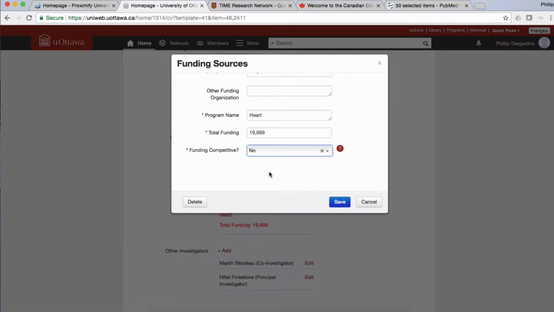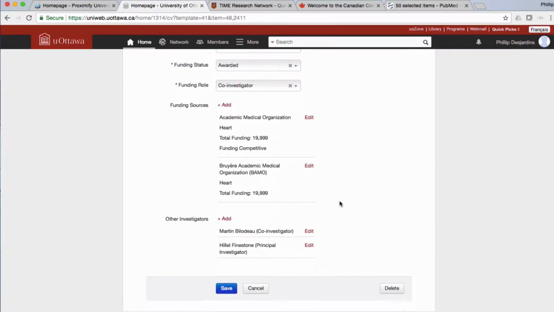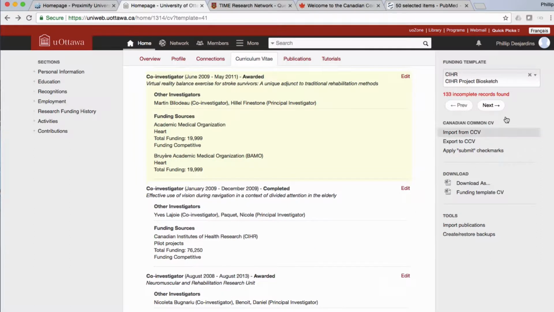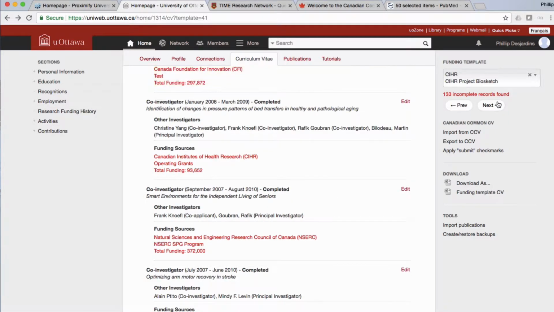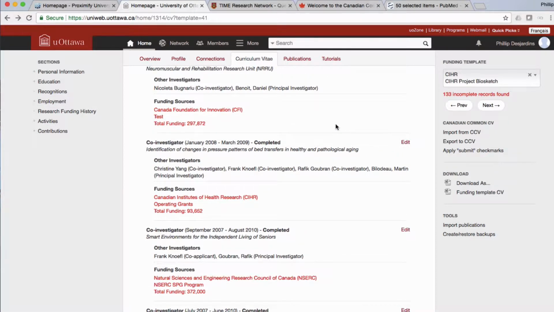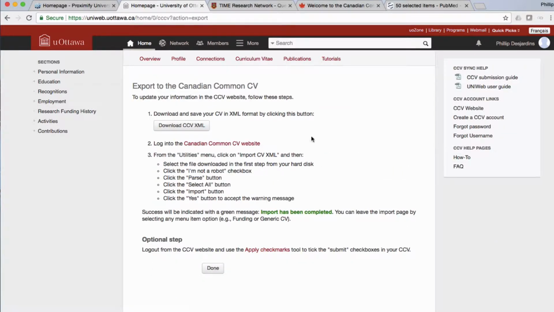Answer question. Click save. And we will have gone down from 134 to 133. And then click next. We're brought to the next one, and there we have it. We continue until all the incomplete records are corrected. And then once that's done, we would just export to Canadian Commons CV right there on the right hand side by clicking on CCV XML